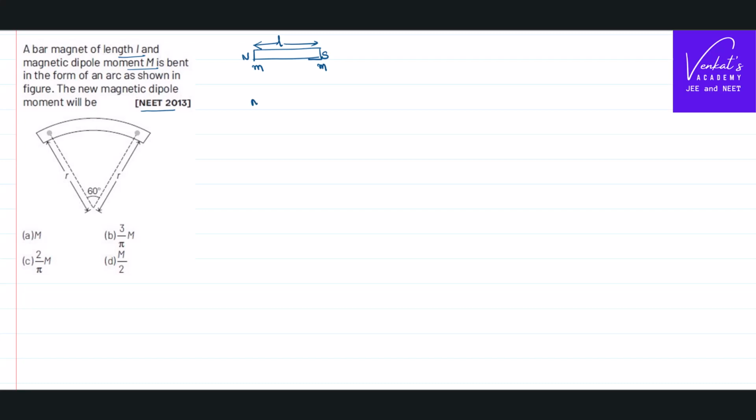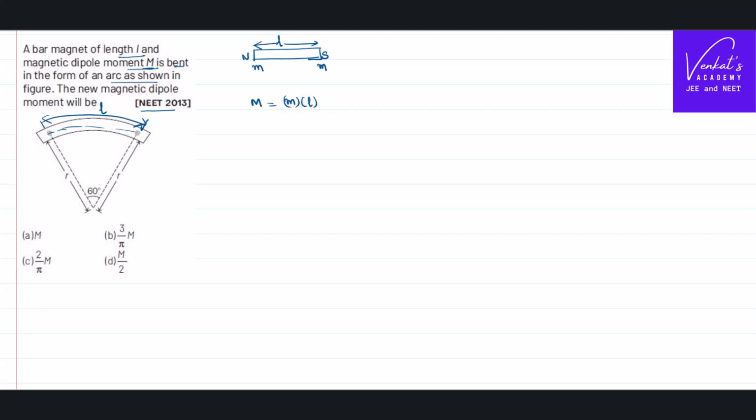Then the magnetic moment is defined as any one pole of pole strength M multiplied by the length of the magnet, and that is called magnetic moment M. That is what he says. It is M. It is now bent in the form of an arc like this. Now, this arc has a length L,